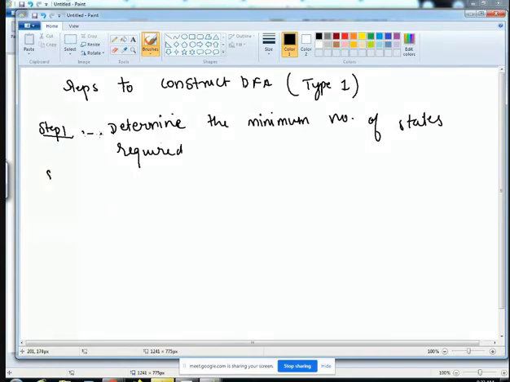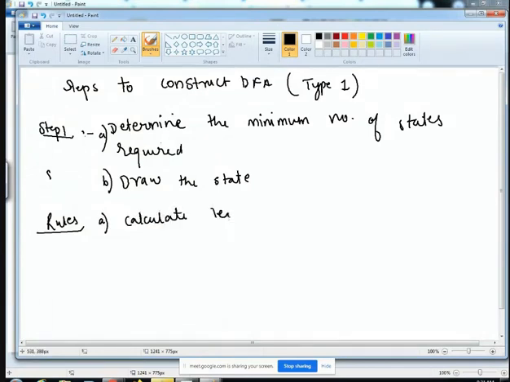In this there is a part A, there is a part B. Now there are certain rules while we are calculating the minimum number of states. So in rule number 1, it says that calculate the length of the substring.